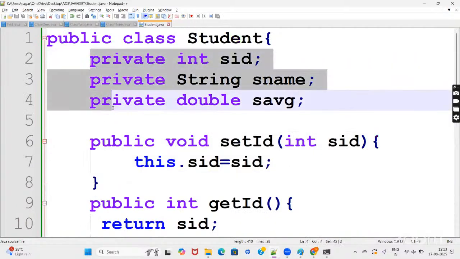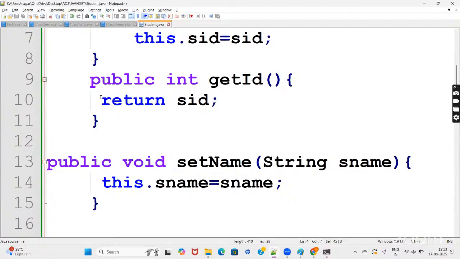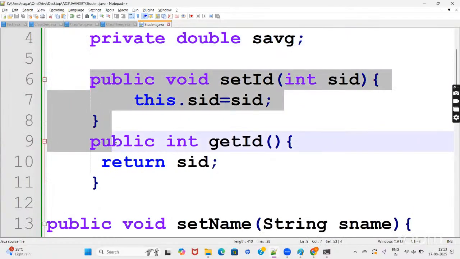Unbinding the data to the unrelated functionalities and binding the data to the related functionalities is called encapsulation. So we'll discuss after the lunch. So go to the lunch and we'll